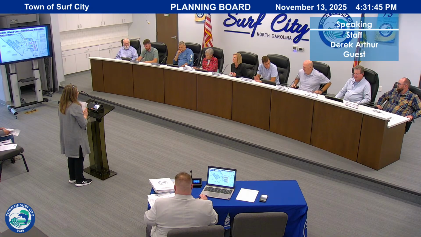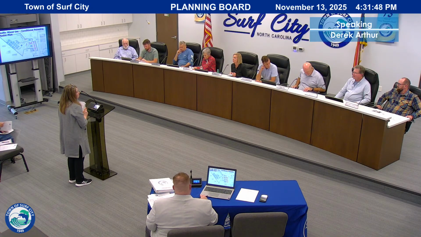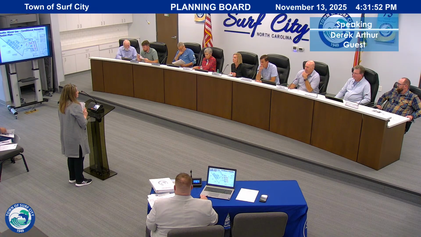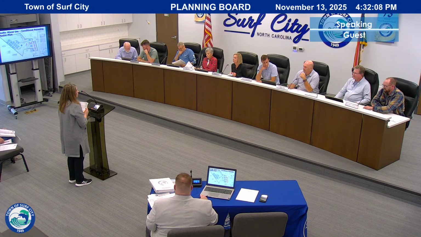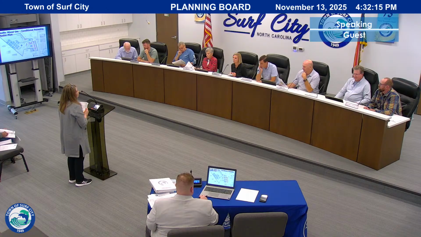Now, the access, by this, it shows 2 proposed connections. We are showing 2 connections on NC Highway 50. One we're proposing as a right-in, right-out, and the other one would be a more full access movement. Obviously, the full extent of what those configurations are going to look like would happen as we went through the TIA process. We are also showing 2 stubs to adjacent properties for future connection.